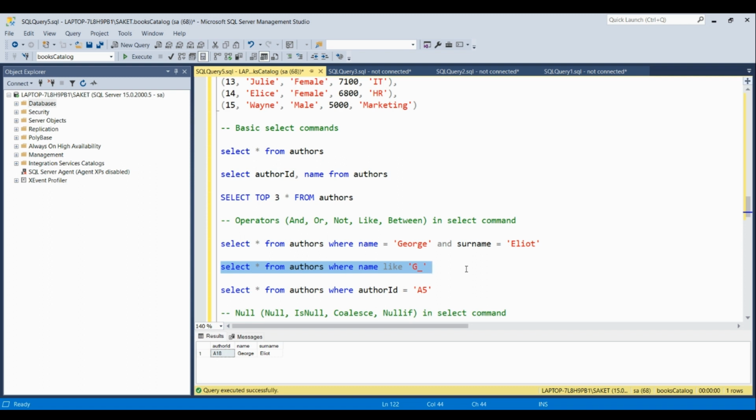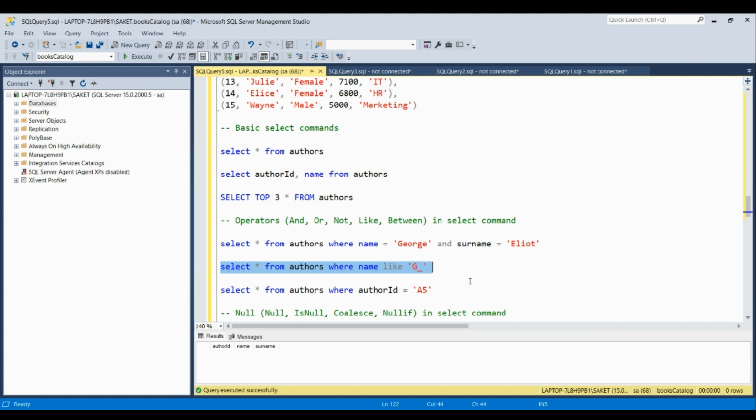It will check that the first letter should be G. When I execute this command, I am not able to find any record, because the first letter should be G and the underscore represents a space for exactly one letter, so any single letter can come there.